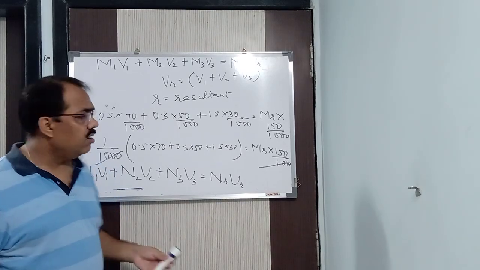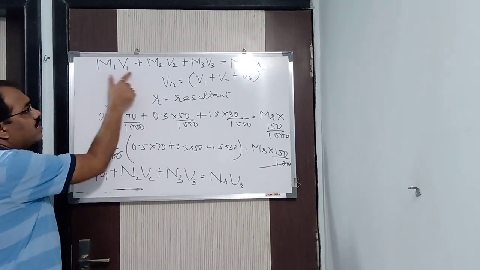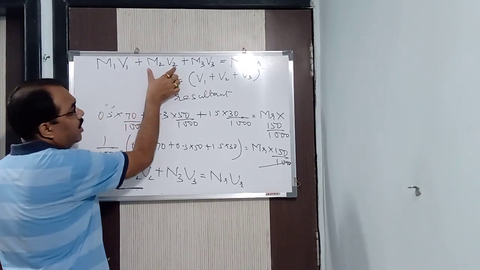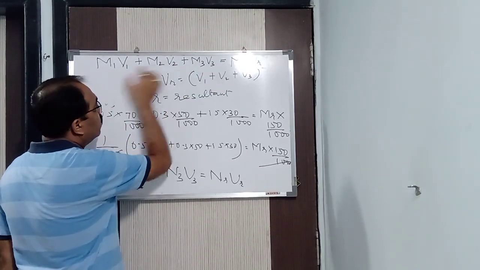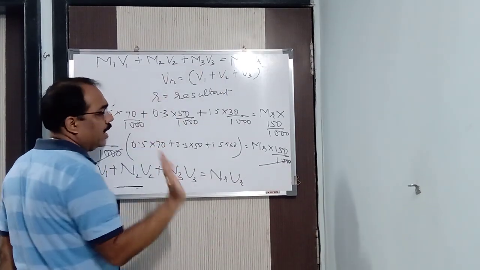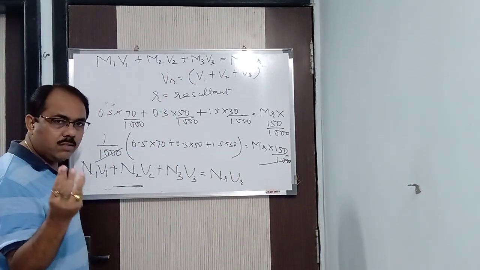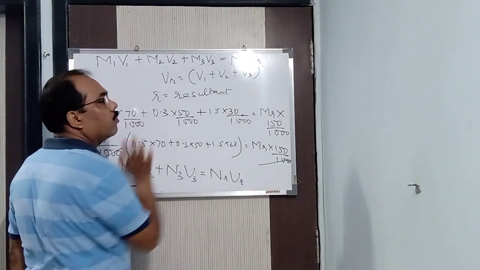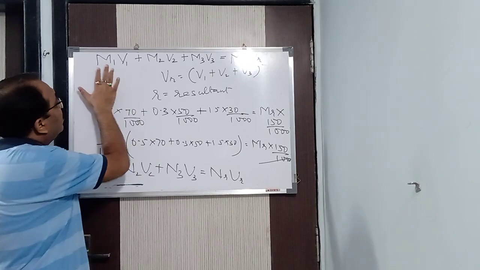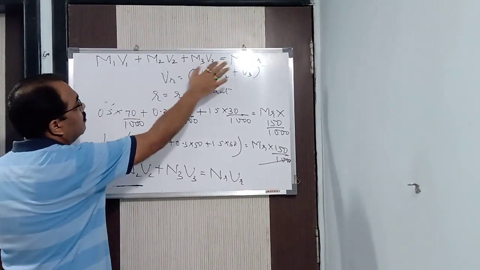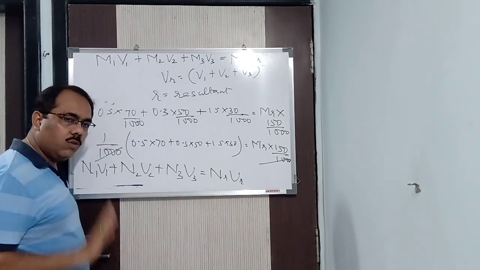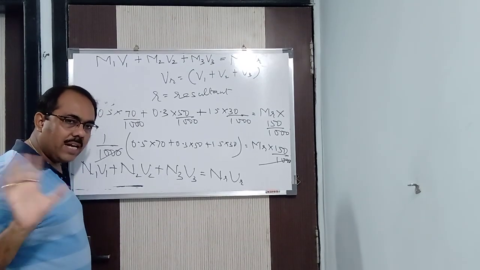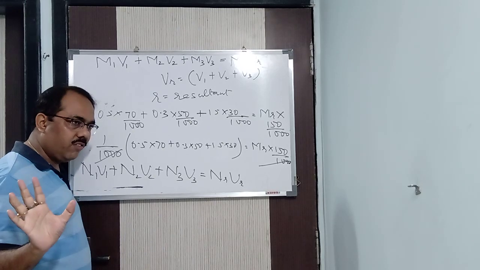Then what will we do? We will convert into number of moles. So I have multiplied by volume to convert into number of moles. Here also I have converted to number of moles, here also. If I add the number of moles, I can add them, because it is a number. What will I get? I will get total number of moles. From there I got the formula. Got it? Otherwise you may say, sir, we can add M1 plus M2 plus M3 divided by 3 and we will get it. No, it cannot be done. Understood now? Again I repeat, it's a property of a solution and a property cannot be added, subtracted, multiplied or divided. Remember this forever. Clear?